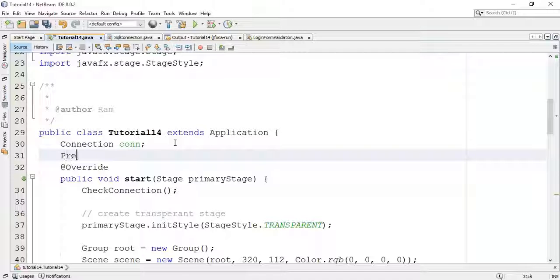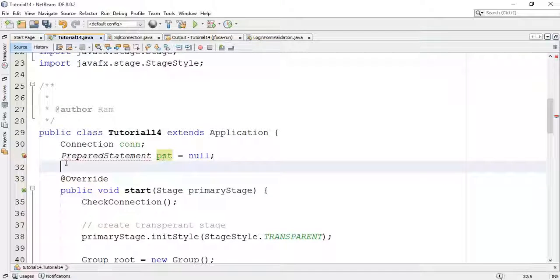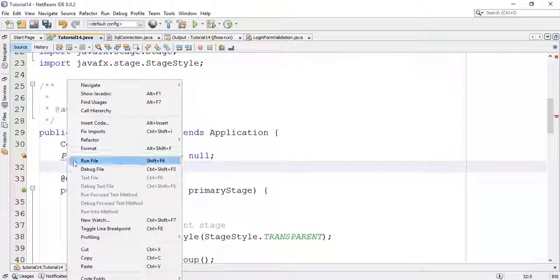So prepared statement, say PST equals null and semicolon, and fix the import for the prepared statement.